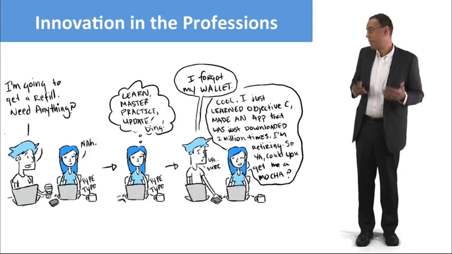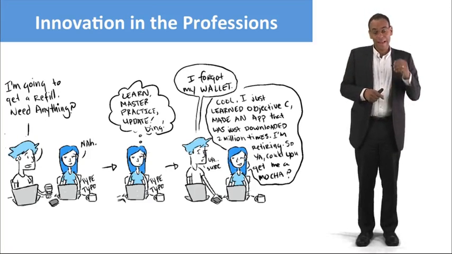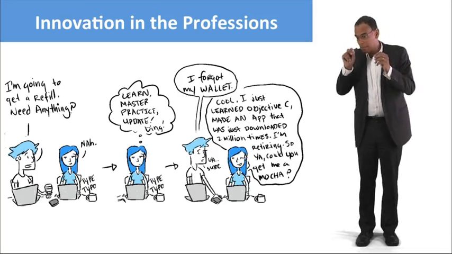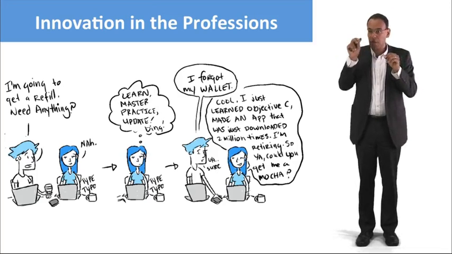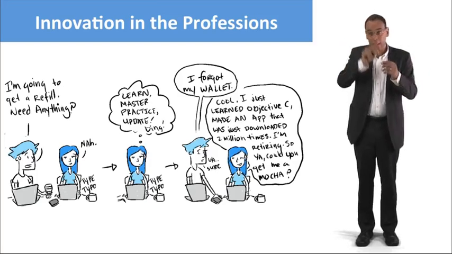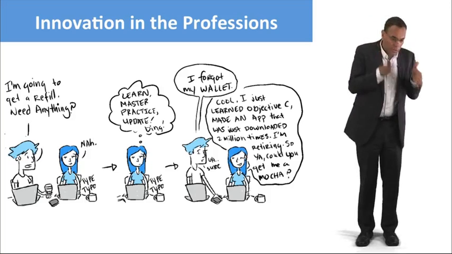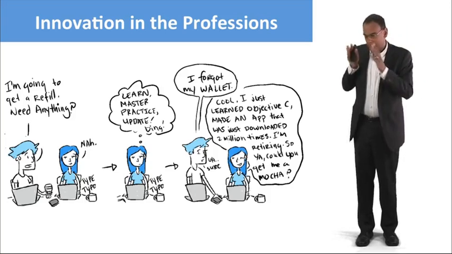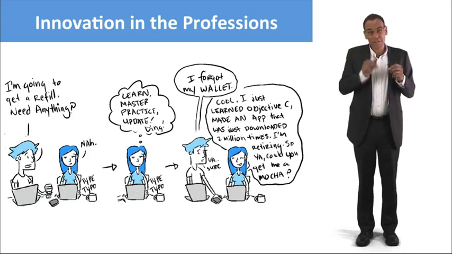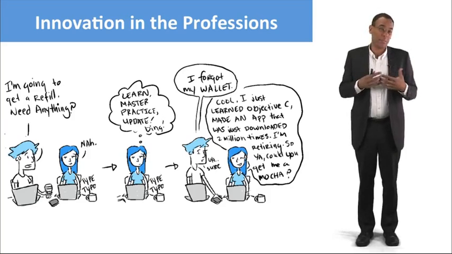On the other hand, if we think of innovation in the profession of software engineering, by the time I learn, master, and practice, I can go really quickly. So 14-year-old kids now are able to very quickly go through this cycle, where they learn something, apply it, and master it, and then learn a new thing, apply it, and master it. And the cycles are so short here that even in these kinds of professions, we might think of learning as part of the profession.